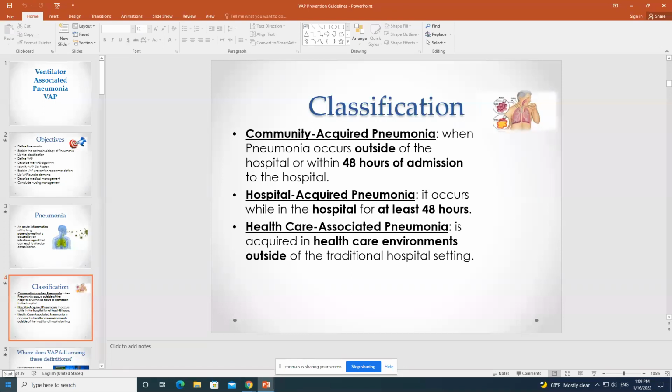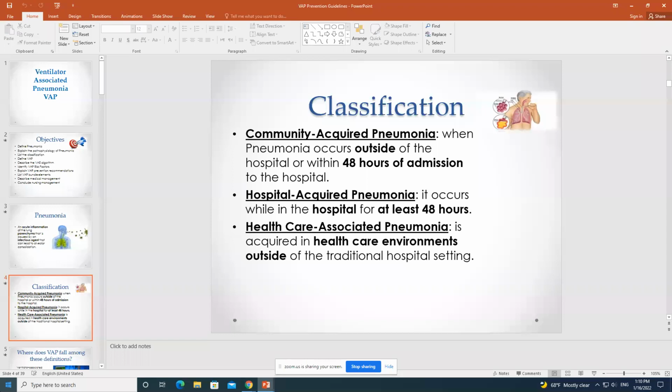First, we have the community-acquired pneumonia. You will get it from the community. If you are admitted to the hospital, and today it's, let's say, the 16th of January, and you already have the signs and symptoms of pneumonia, we cannot call it a nosocomial pneumonia, because you got it from the community. All infection after 48 hours of admission, we call it nosocomial infection. Less than 48 hours, we call it from the community.